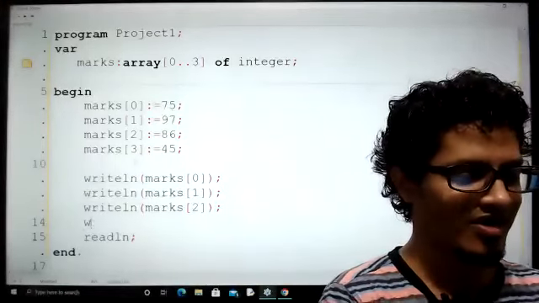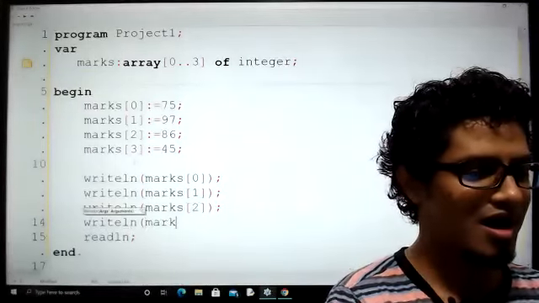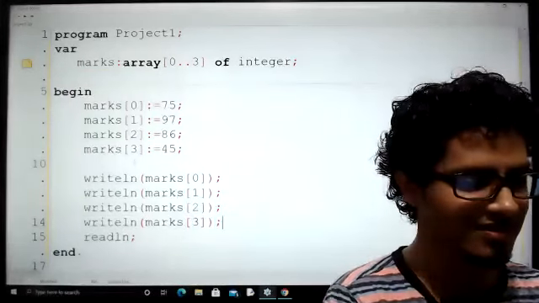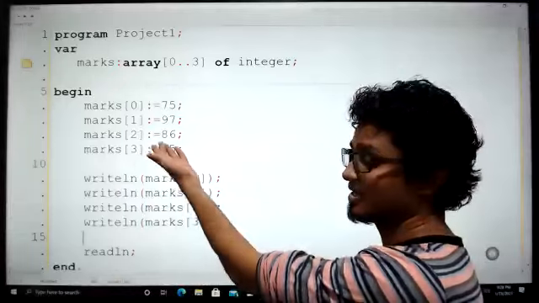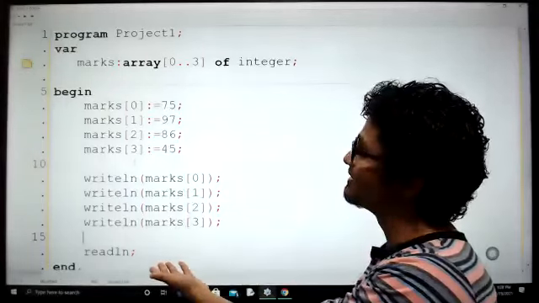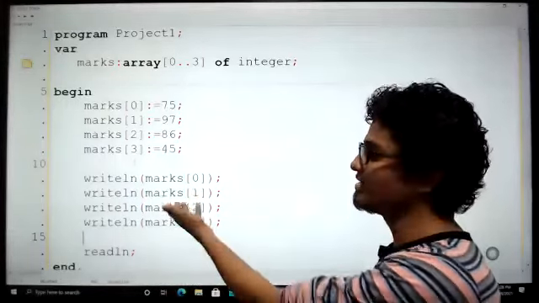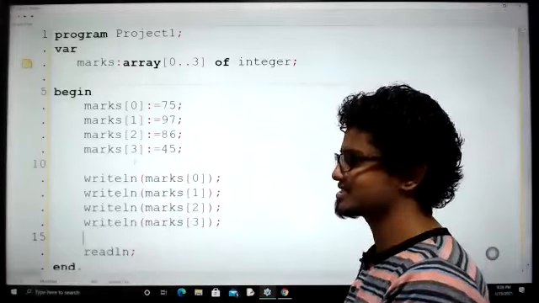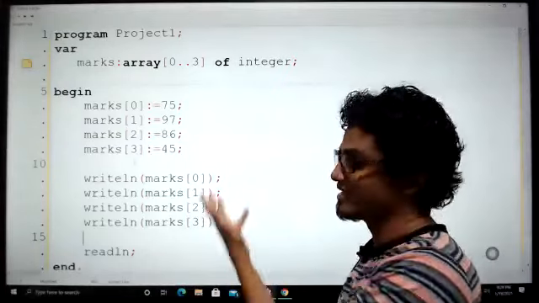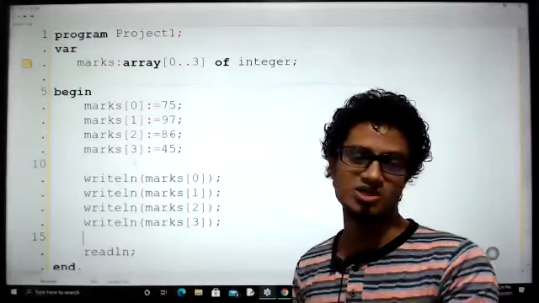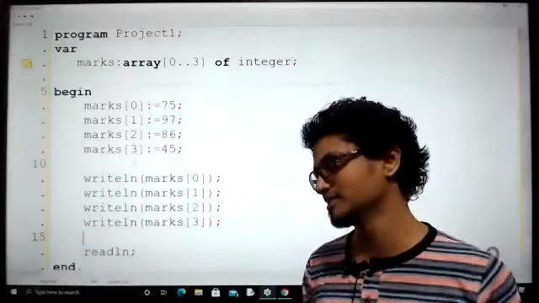And then again WriteLn marks 3. Likewise. We can't use commas. Marks 0 you can only access that, marks 1 only that. Now, good that we don't have 100 elements. If we have 100 elements, goodness, we'd be typing until 10:30.